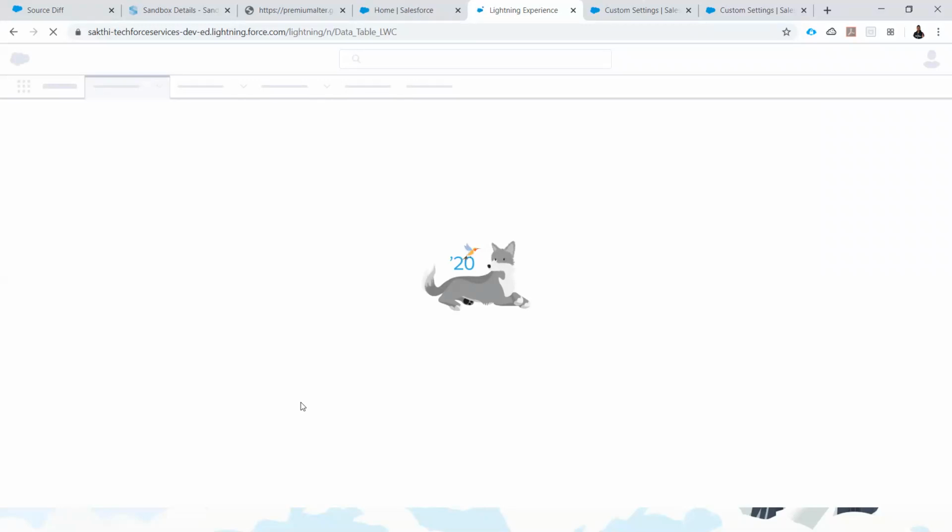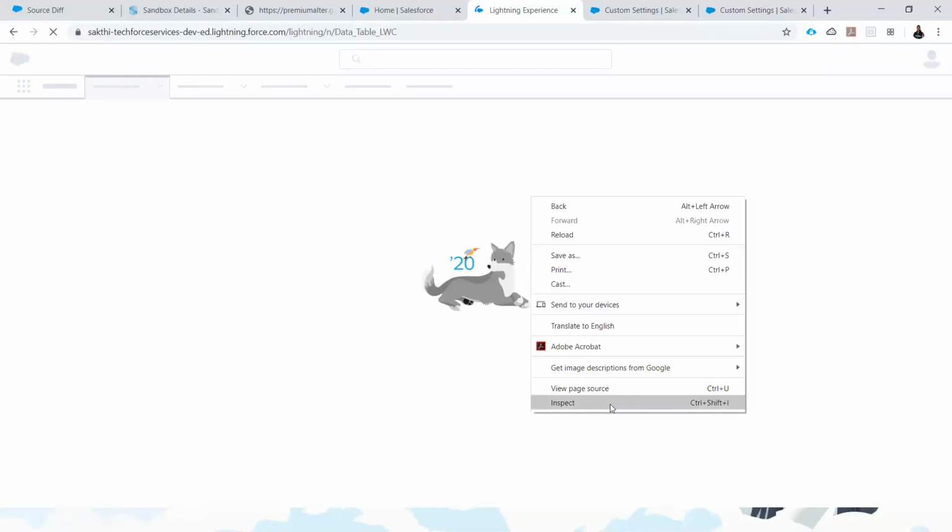I'm refreshing my screen, and I'm right-clicking and selecting inspect.